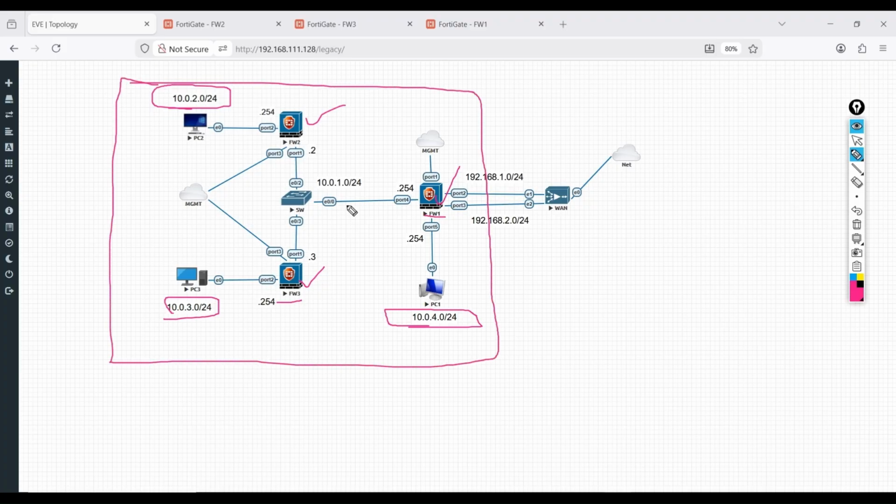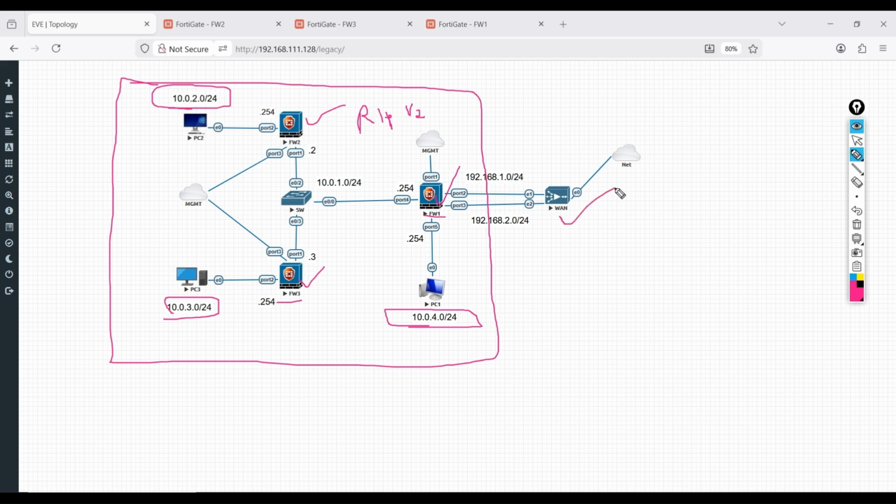We will set up the RIP version 2 dynamic protocol on all three firewalls so they can share their internal routes, or the routes behind their LAN, with each other in a dynamic way.